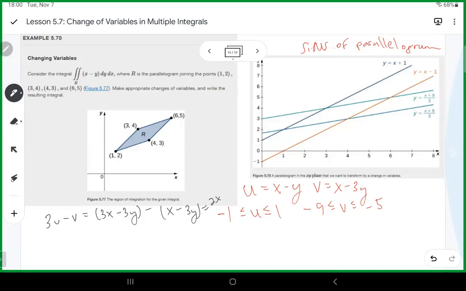Then we would have x is equal to (3u minus v) over 2. And then if we simply subtract the second equation from the first, you would get